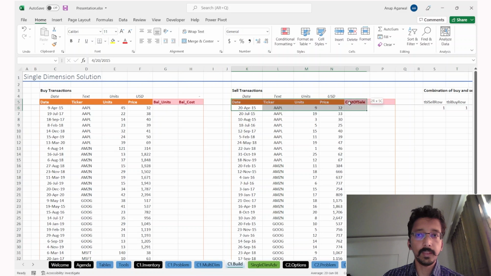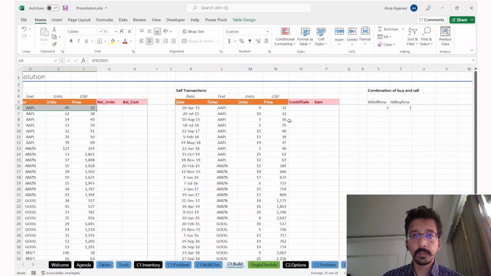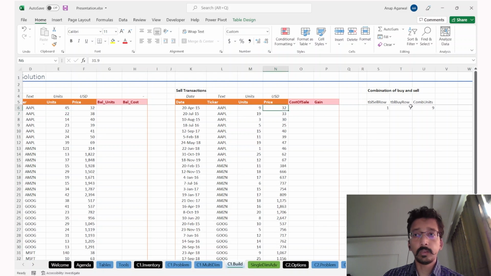So this first sale is from this first purchase, and the combination units, or the allocated units, let's call it com units, are these 9, which is like 45 of purchase and 9 of sale. So the 9 of sale of table sell row 1 comes from the first purchase, or the first row of